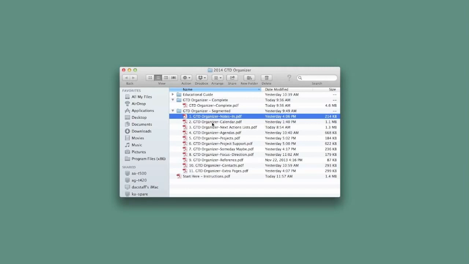If you're a Reader or Preview user, which is probably the majority of users out there, you may find that if you're going to be somebody who's going to want a lot of extra pages, or you're going to want to ever add new pages, you will need the Pro or Standard version to do that. In that case, you might want to choose the segmented version, which includes loads of extra pages within each section, which is different and might be more what you're looking for.